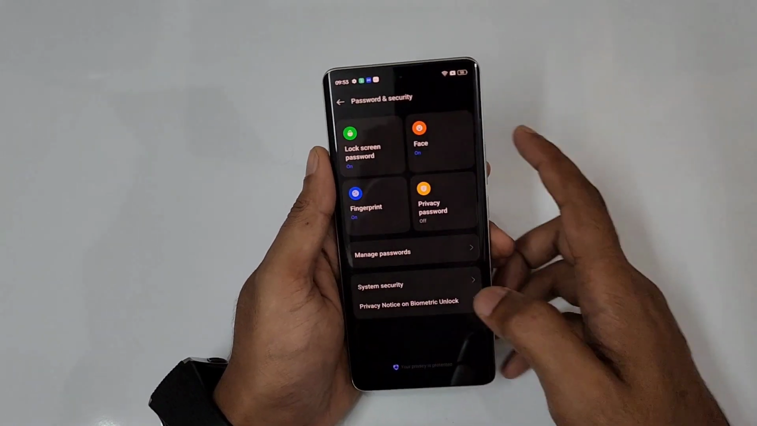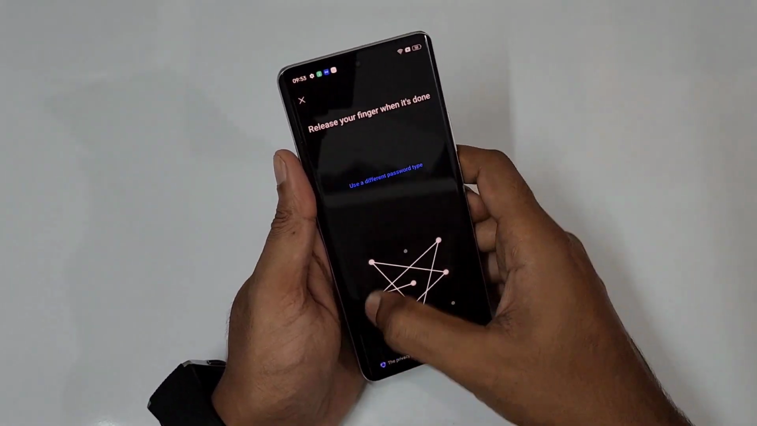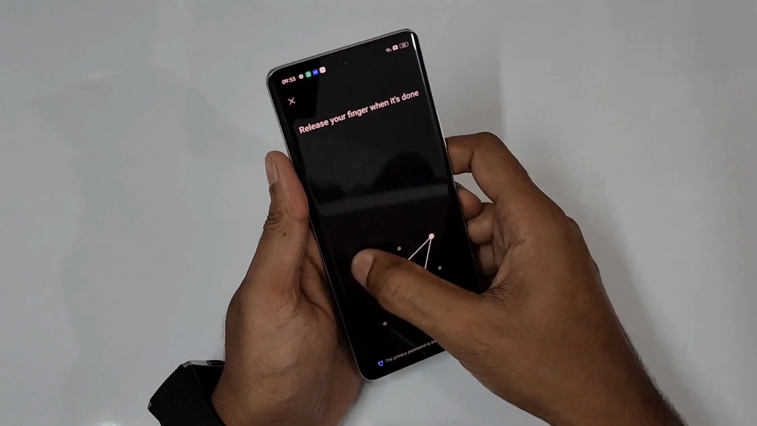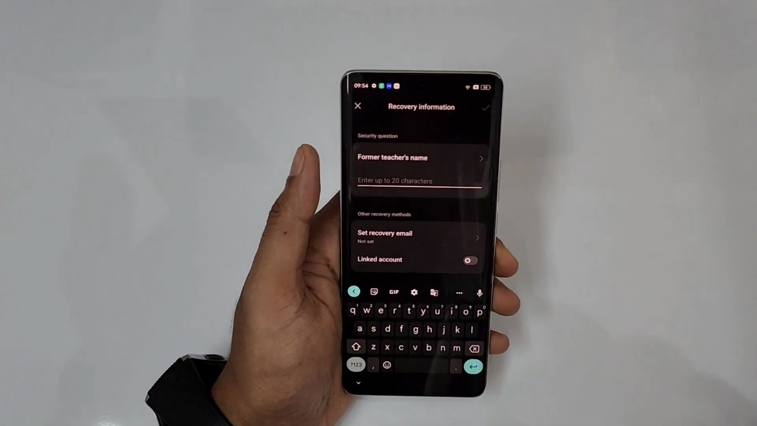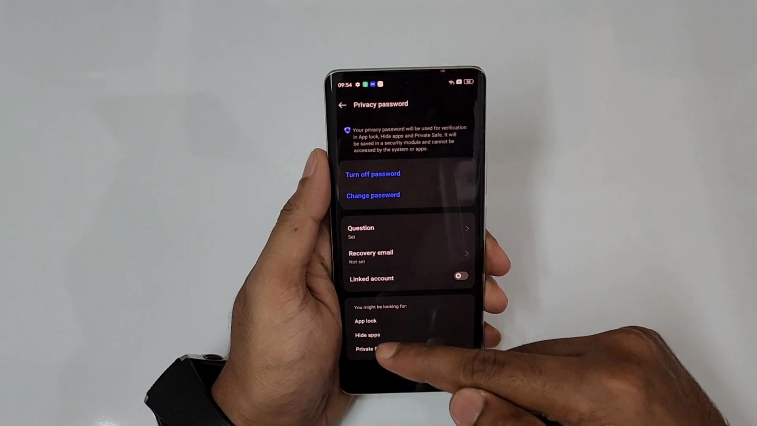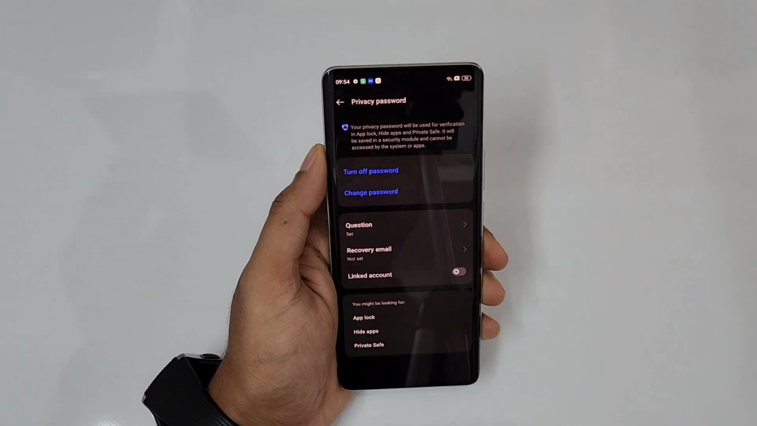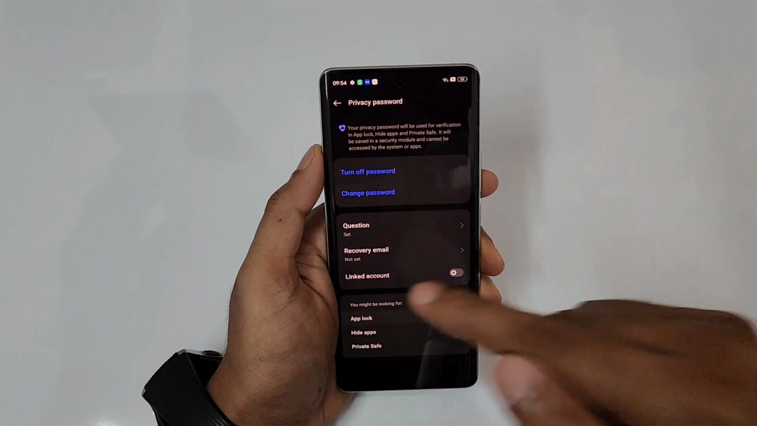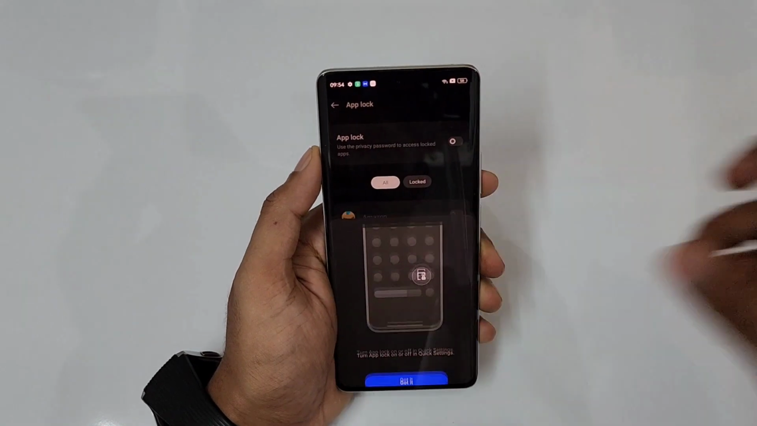Now let's look at the next interesting area, that means passwords and security, and let's turn on the privacy protection password. Let me draw a pattern really quick. And okay, it's done. And again, you can see app lock, app hide, and the private safe. These are the 3 important features. So let me start from the app lock. Just tap on app lock, and you can see